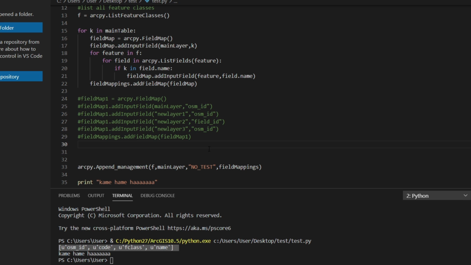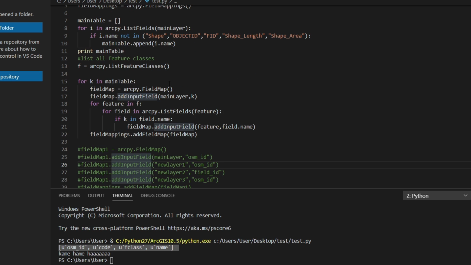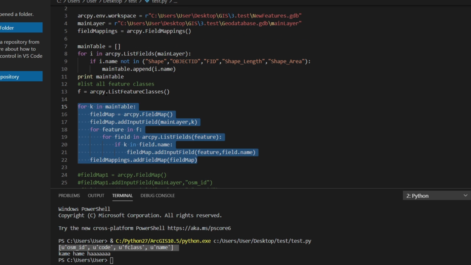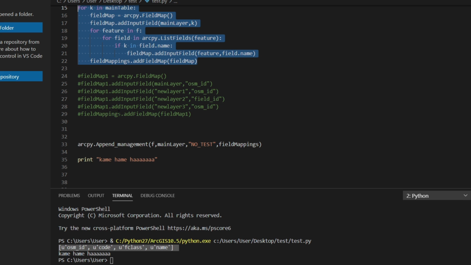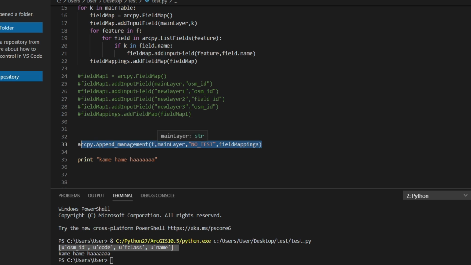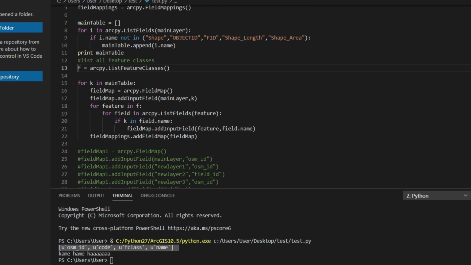But doing this, you have to know all the field names, all the layer names, and you must not make any mistake here, because that field is not going to be related. So that's why I created these 3 loops, that loop through the feature and the table, to create the mapping automatically. And at the end, we are going to append our feature classes that we listed above here,